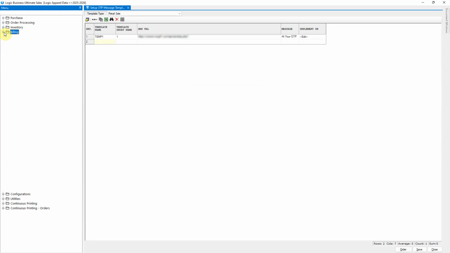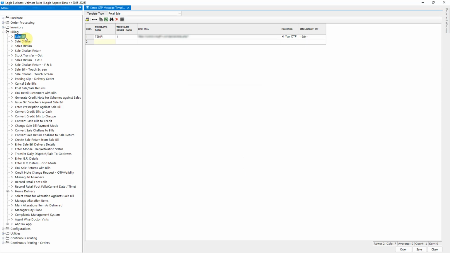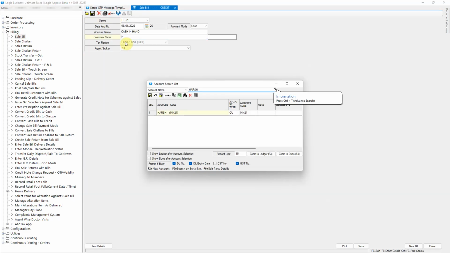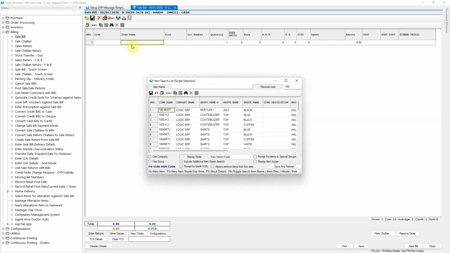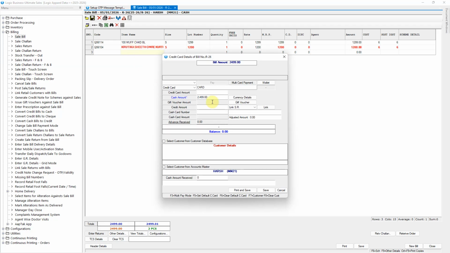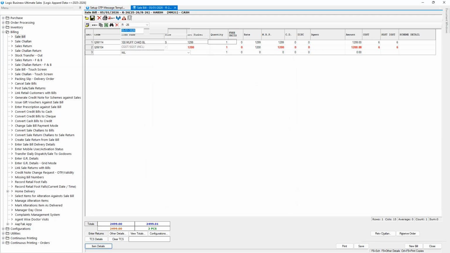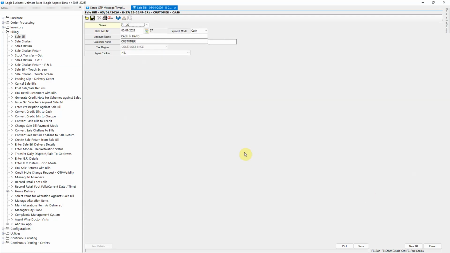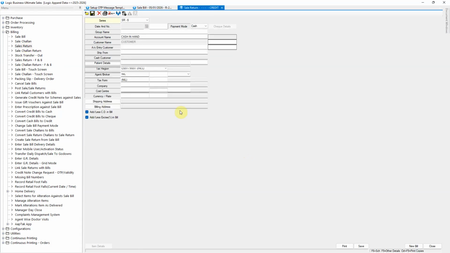Open the Sales Bill window and initiate a transaction. Suppose the customer returns later and wants to exchange or return an item, but the required article is currently not available in stock. In this case, a sales return entry is created against the original bill and a credit note is issued. So open Sale Return window from Billing menu and initiate an entry.